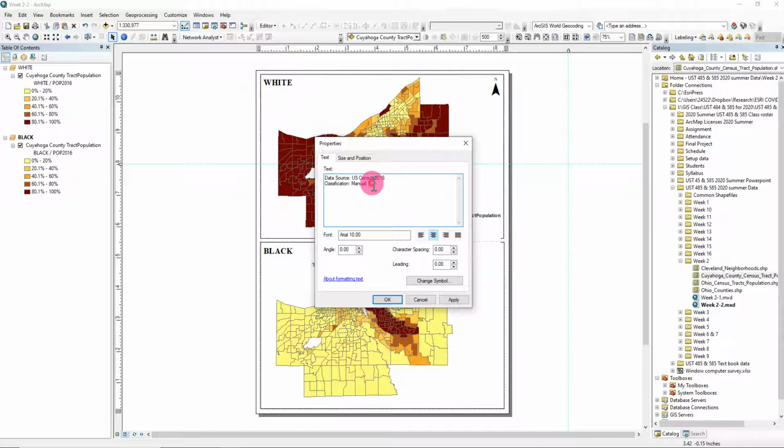Manual. And spatial reference. You have not learned this one, but I will. So you will learn this in week 3 or 4, okay? 3 or 4, right? So you don't need to worry about this. I will say Ohio North State Plane, and date May 2020, maybe May 20th 2020,